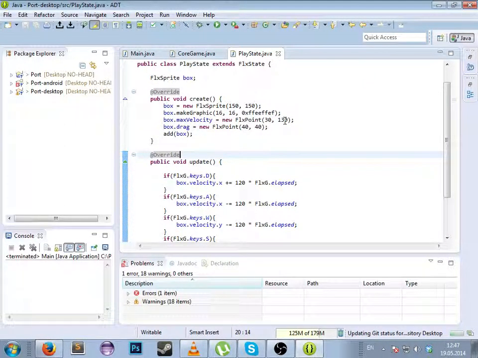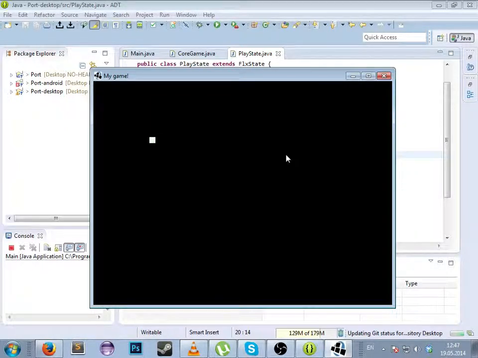Okay, so now we should see a difference. We should be able to get more speed on the Y axis than the X. So you can see it's moving very slowly, and now it's moving a lot faster because we limited the X more than the Y. Okay,